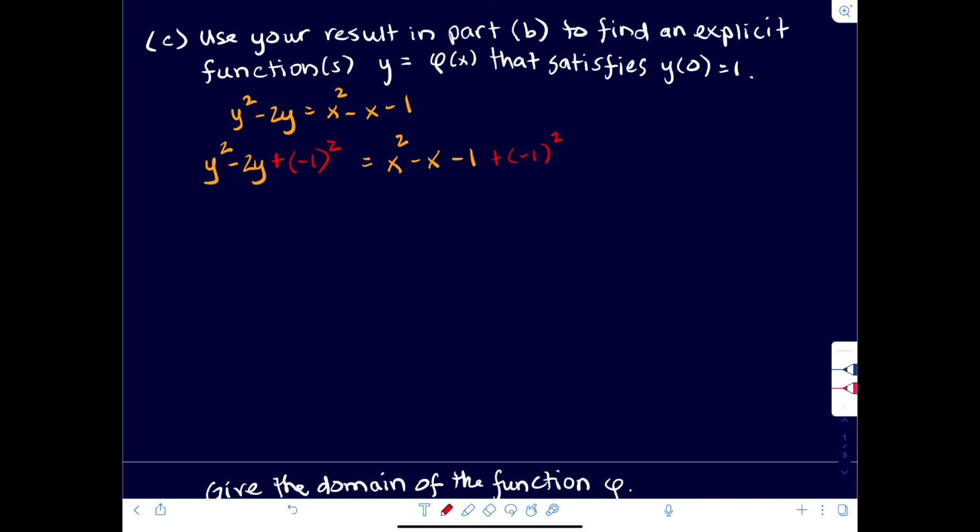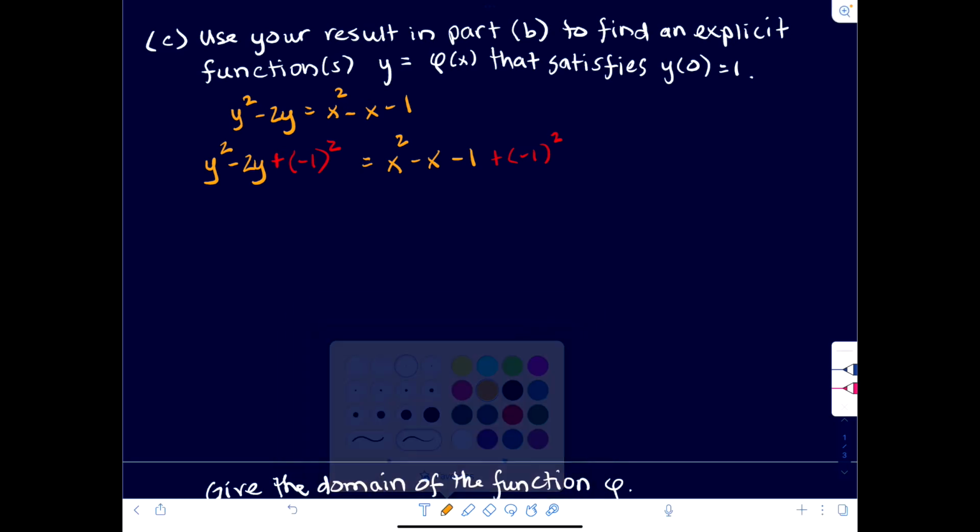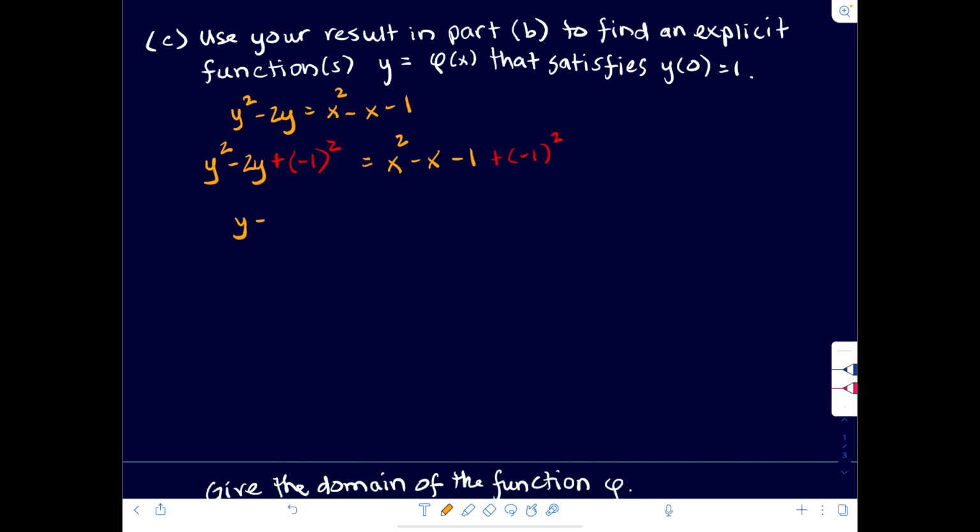So those 1s are going to 0 out. So this is going to give us y minus 1, the quantity squared, is equal to, so the negative 1 and the positive 1 will 0 out, and so we'll end up having